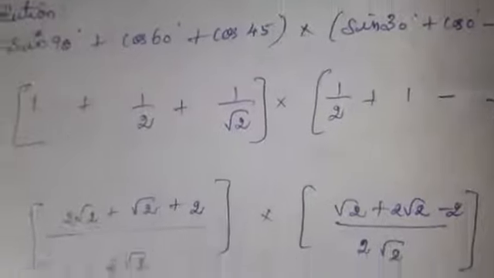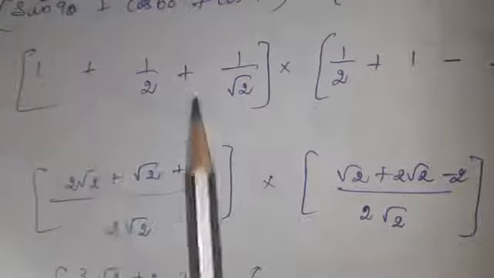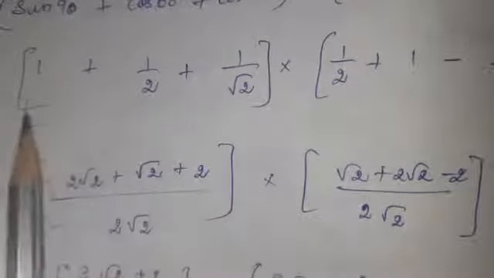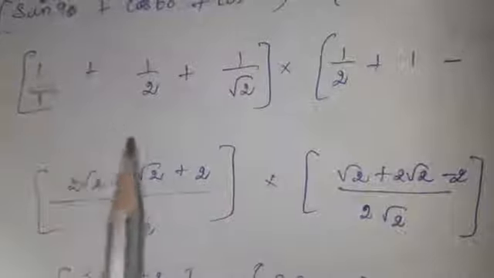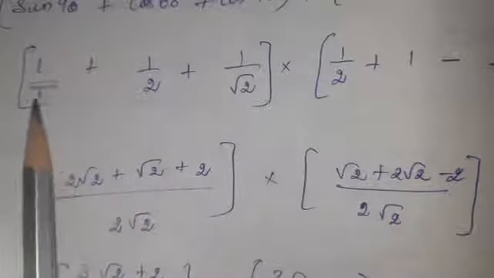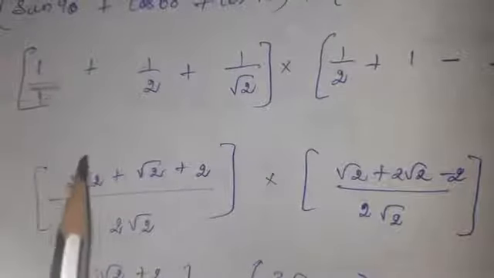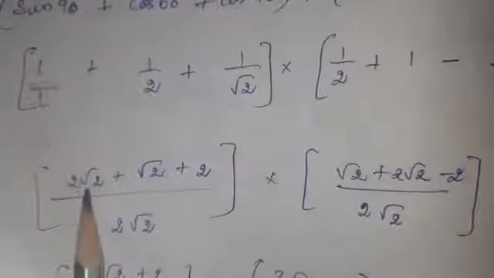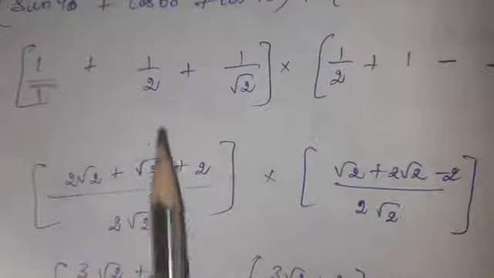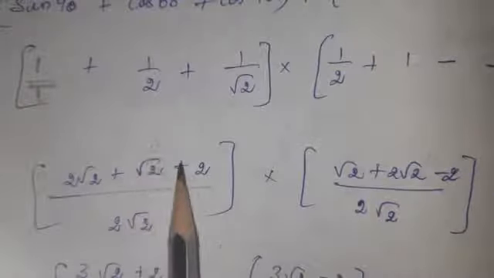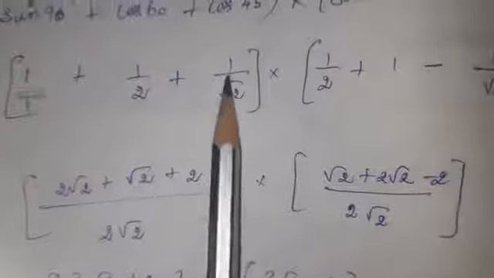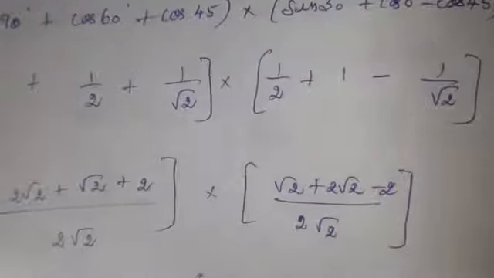You should simplify this one. Here see that all are given as a plus, so I am taking the LCM here. Here the denominator is 1, meaning 1 by 1. The LCM is 2 into root 2. In the denominator place you are having 1, no? So multiply with 2 into root 2. So 1 into 2 into root 2, you will get 2 root 2. Plus, here 2 is already present. The missing one is root 2, so I multiply the numerator with root 2, plus. When you see here, the denominator root 2 is present. 2 is missing. So 1 into 2 is 2. Into.